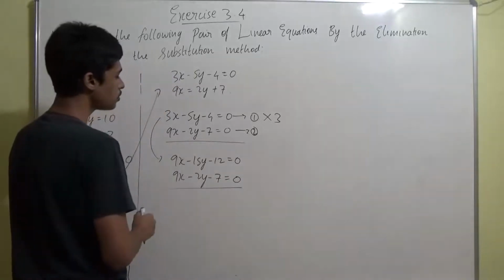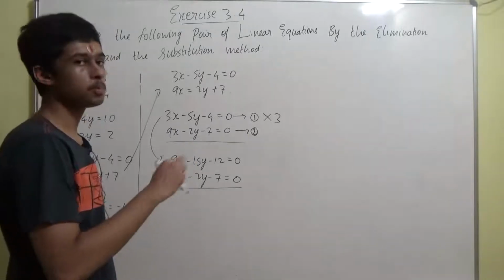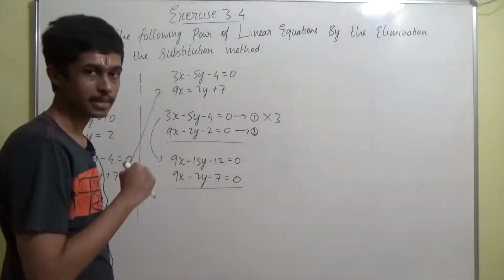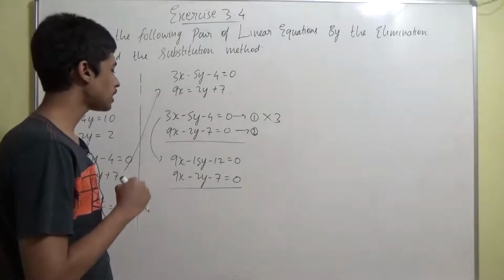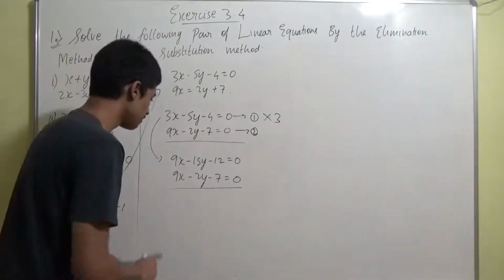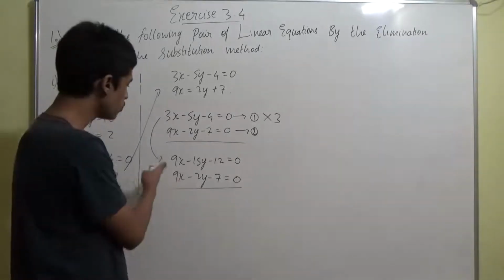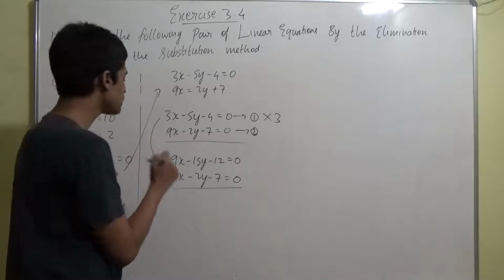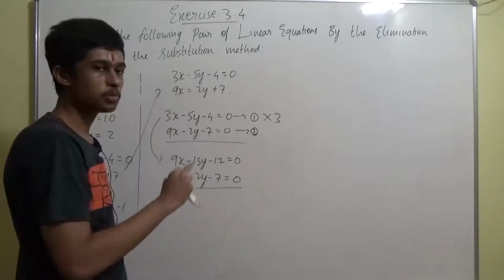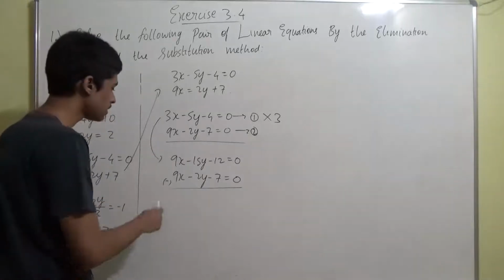Right? Now if both are in same sign, we have to subtract it. If both are in opposite signs, we have to add it, because that time it will get cancelled. That's why I said we have to do it accordingly after making the term same. You see the sign, we have to do it. So when both the terms are the same and both have the same sign, that is both have plus here, right? So we have to subtract it. If it has opposite sign, we have to add it. Remember this thing, guys. That's when it's going to get cancelled. That's the reason behind it.